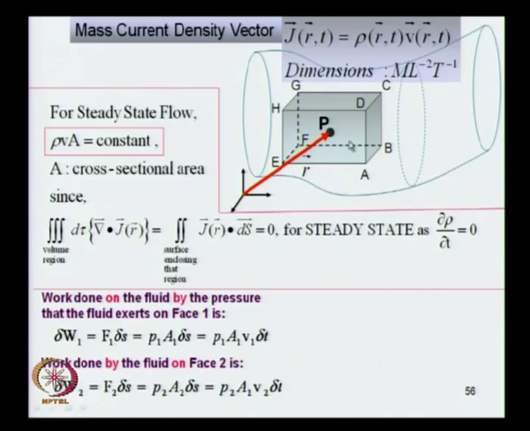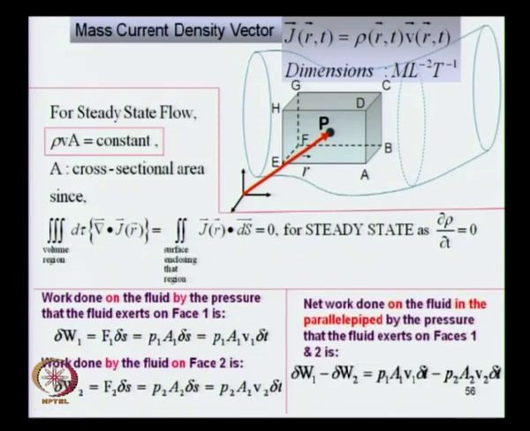to cross this segment. So this work done on the fluid by the pressure that the fluid exerts on phase 1 is P1 A1 V1 delta t, whereas the work done by the fluid on phase 2 is given by an exactly similar consideration, which is F2 delta S, which will be P2 A2 V2 delta t, right. It is exactly the same consideration,